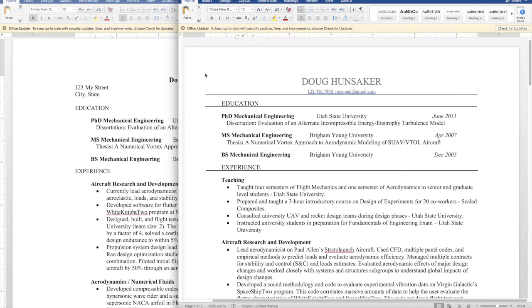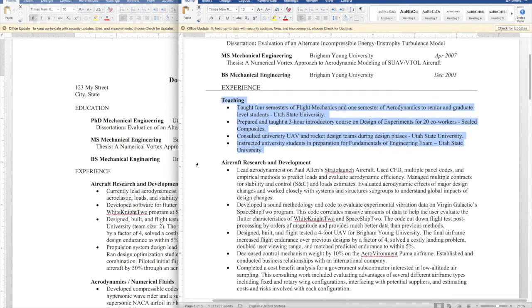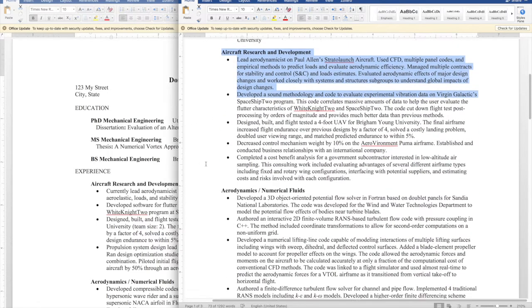In fact, at this point, I was applying to teach at a university, to teach a couple classes as an adjunct faculty member. And so you can see I have my education at the top, and then the most important thing for that application was teaching. I thought that they probably want to see what kind of teaching experience I have. So I put that right at the top, and then I moved on into my other experience that maybe supported the types of classes that I was applying for that I wanted to teach.